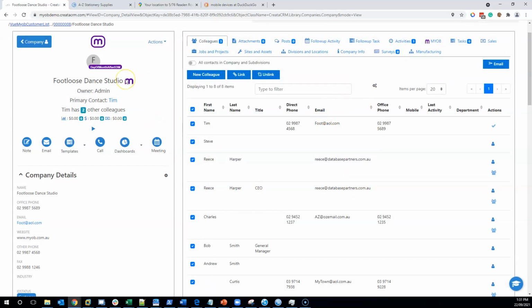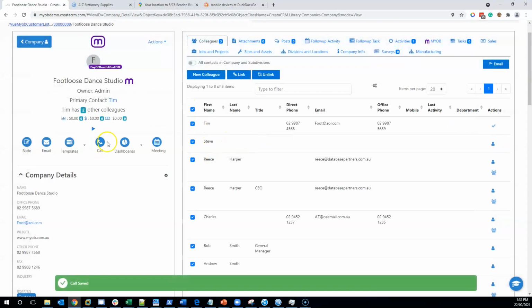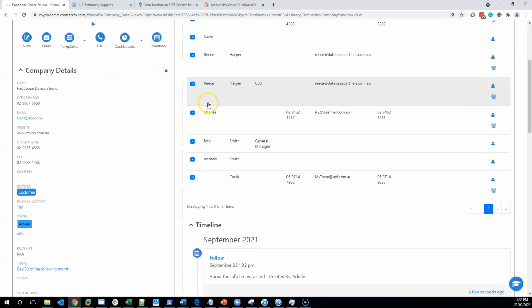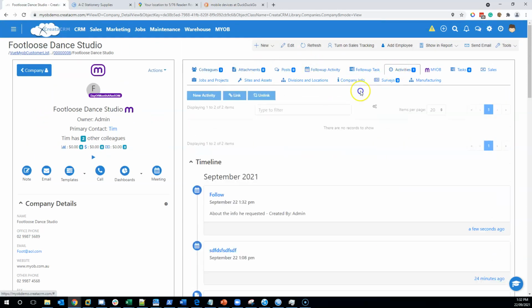Other things, you probably need to look at other videos, but we'll go through them at a glance. You can make general notes, make a phone call and note a meeting. So if I made a phone call, spoke to the person and said follow up, and had a chat with that person about the info he requested, whatever it is, you can save a note there, that simple, and that will put a timeline of that note there, follow up, and it shows you that you've done that,